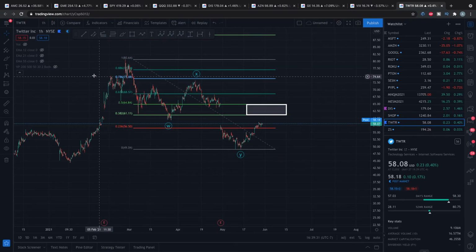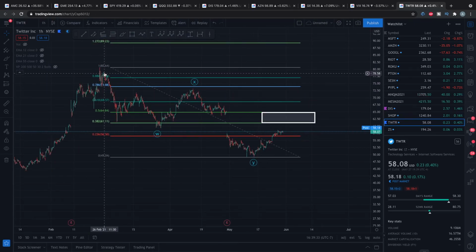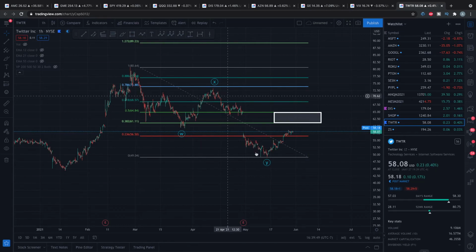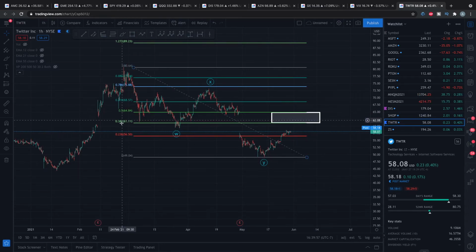We can technically see here that this looks like a 1, 2, 3, 4, 5, but this wave 1, 2 is right at the top and so negligible that I do not think this counts as an impulsive structure. Although I could be wrong, but at this point it doesn't really matter what structure it is, whether it's WXY or an ABC. When you do have those corrections, those corrections are also going to be corrected, and that's what we're seeing right now. So we're pushing upwards from this corrective period, and here are some basic Fibonacci retracement levels,